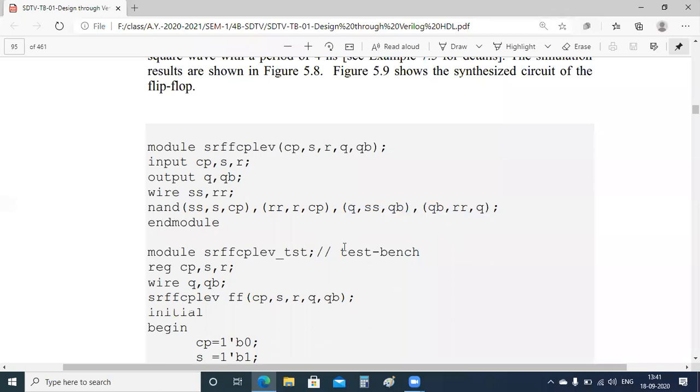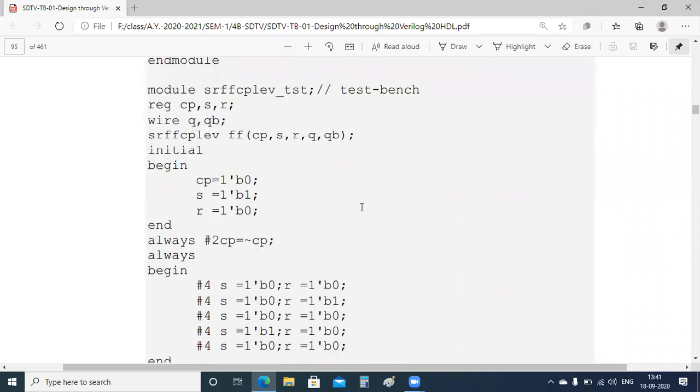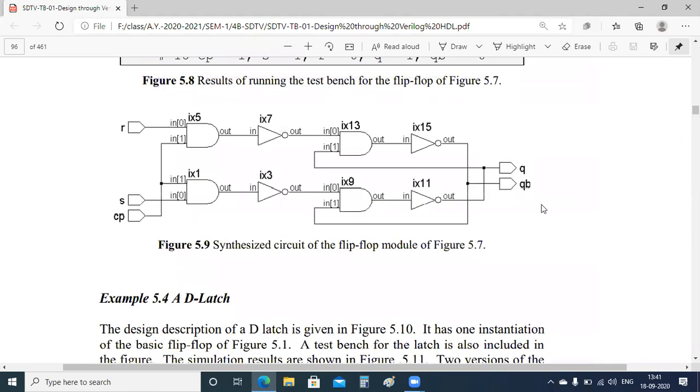This thing is similar. We get the Q from SS and QB. Okay. How to get QB? How to get QB? This QB is connected to this one. For this NAND gate, we have here SS and this QB. So from that we get Q. So how to get Q bar?